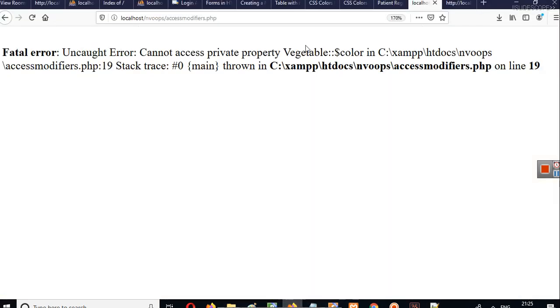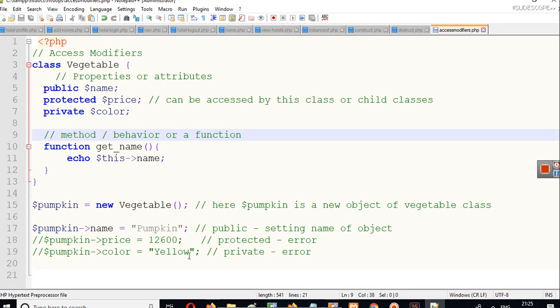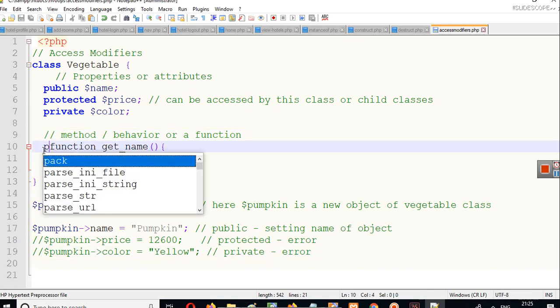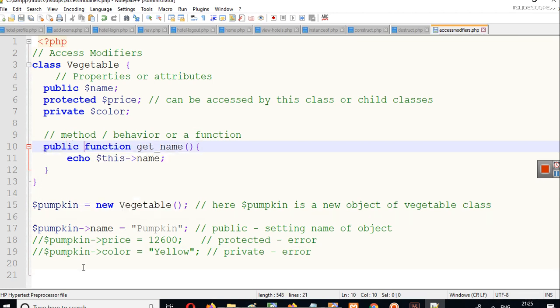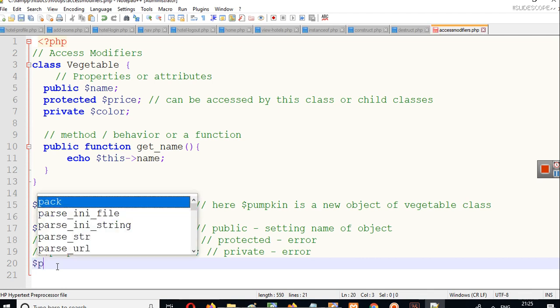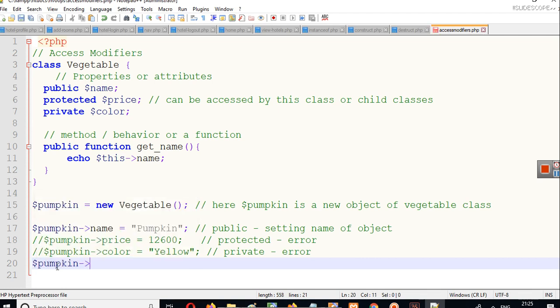So we'll be able to see nothing because we have not printed anything, but at least we are sure that there is no error on line number 17. Now this method has no access modifier written before it, so it's by default public. So using this method we can write object name pumpkin, this arrow, and then get name. So you can get the name of this particular object because this get name function has the work of returning